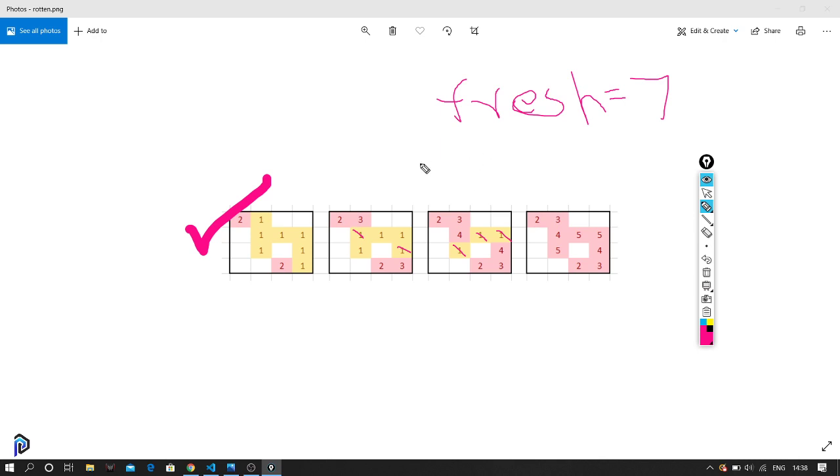One more thing is we calculate the number of oranges that we change into rotten at each timestamp. At any particular timestamp, if the number of fresh oranges remains the same, that means we are not able to reach a particular location. Let's say we have an orange over here and all the surrounding cells are 0. Even after this iteration, this would remain the same. The number of fresh oranges would be greater than 0, and it will not change even after a timestamp. That is the point where we say that we cannot make a change. You will have a very clear understanding when we code this up.